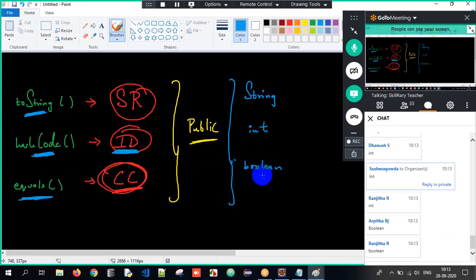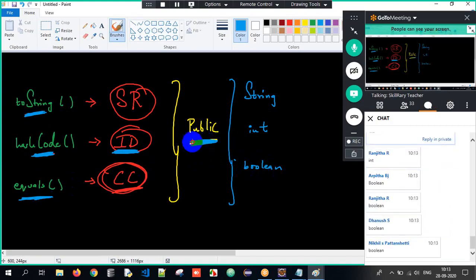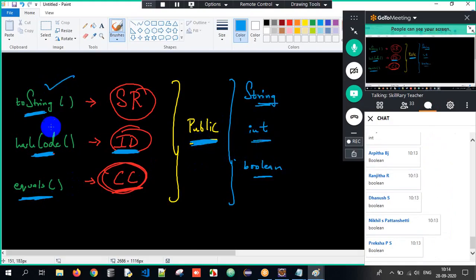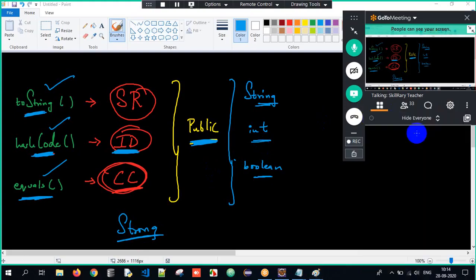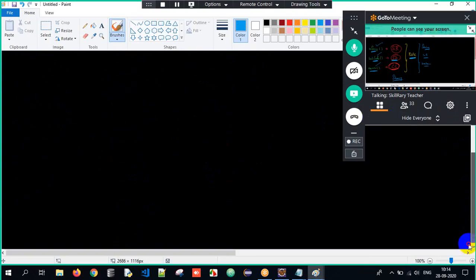Is it difficult to remember? No, right? The access specifier is public so that everyone can access it. The return types are string, int and boolean respectively. And what is the meaning of it? I have told you. You have to be strong enough in everything. You don't have a choice. You have to be strong enough in these specific topics, wherein we are supposed to understand it in a beautiful way. Clear? So we are done with the basics of Java libraries here.